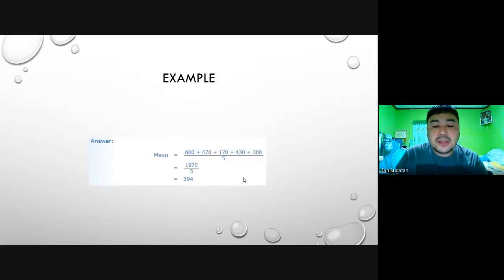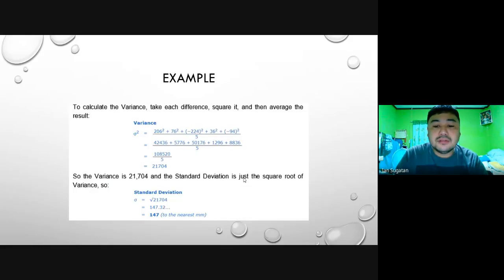Ang last naman is 300. Kung i-minus nyo ang 300 sa 394, ang sabat niya is 94, negative 94. Pero kung i-square mo siya, ang negative 94, ang sabat niya is 8,836. So kung i-add nyo siyang datanan, ang sabat natin is 108,520 divided by 5. So ang variance natin is